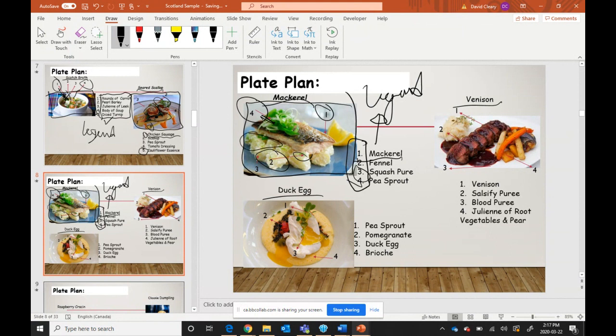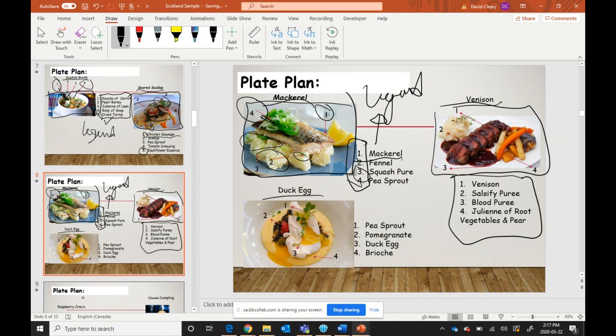So from this, you should be starting to understand what's expected from your plate plans. You take a picture, or you draw a picture of your plated dish, and you give it a legend, and you show where each ingredient is with an arrow and the number that corresponds to that ingredient in the legend. Okay,